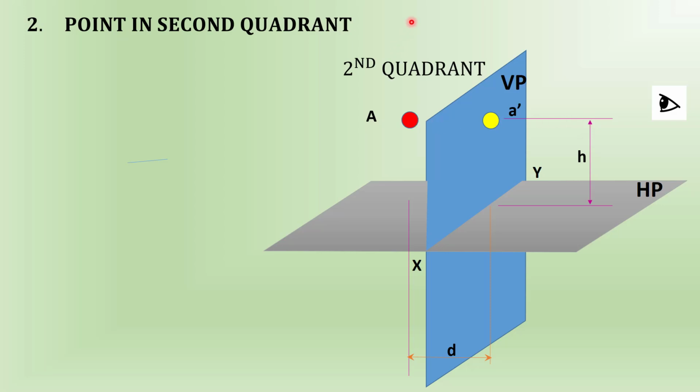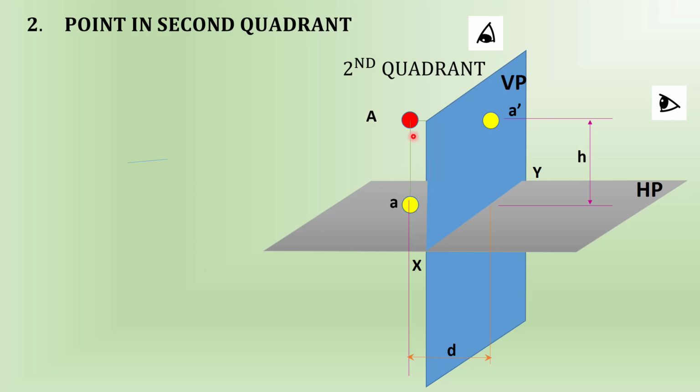You need to look from the top, right? So when you look from the top, the image of this object will fall on the horizontal plane somewhere here, right? That is the plan point. This distance, the distance of the plan from the intersection xy line, will be the distance from the vertical plane. Now, as I have told earlier, the horizontal plane needs to be rotated through an angle of 90 degrees in the clockwise direction. Always you need to rotate the horizontal plane in the clockwise direction.